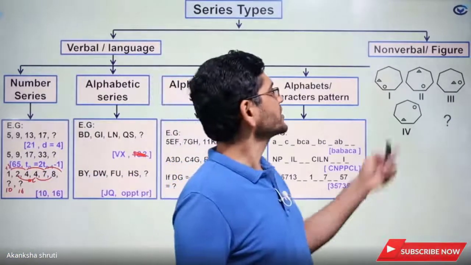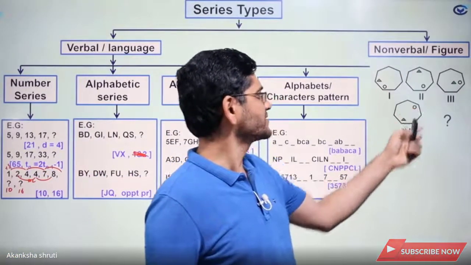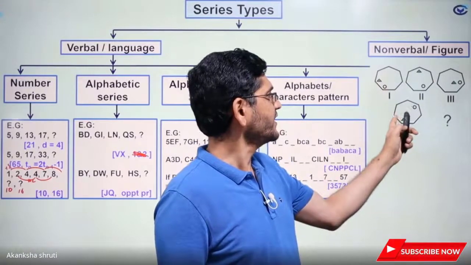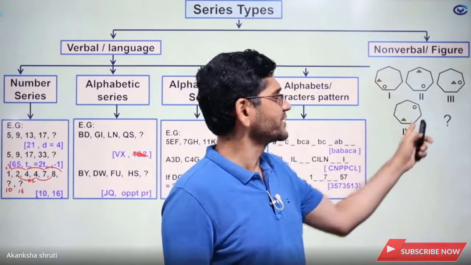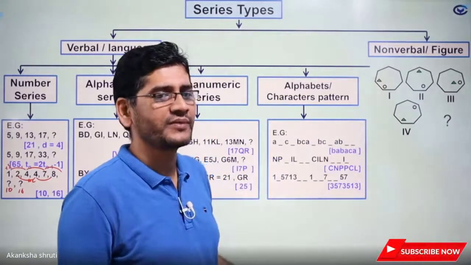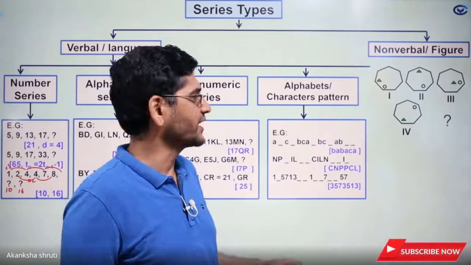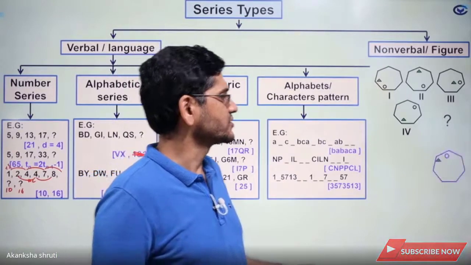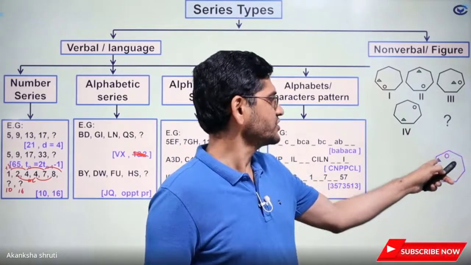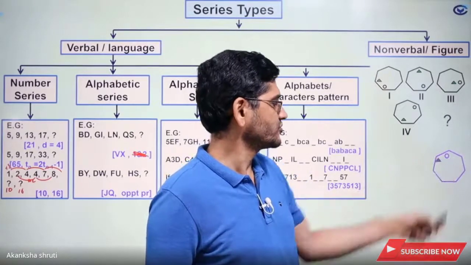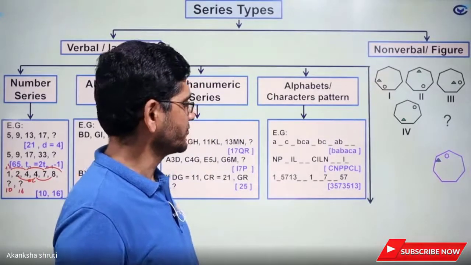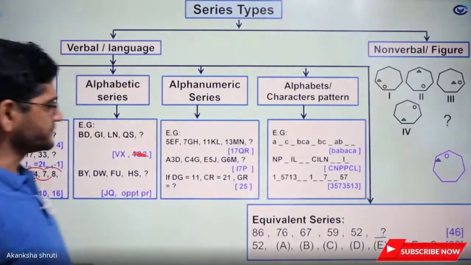The next category is for the non-verbal, means the 5th type. Here, whatever the figure given, we have to observe how is the movement of this figure, or how is the reflection, or how is the variation, and the same kind of variation we have to see in the next one. So we had obtained that this circle will move to this position and triangle will move to this position. So if you have doubt, please go through the last lecture, last video.